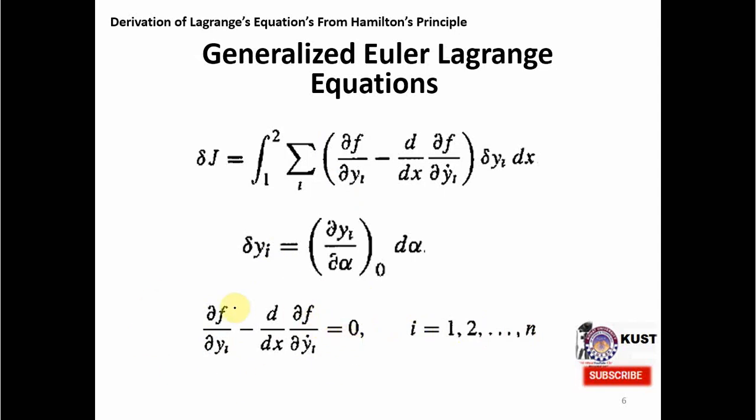Previously we had only one equation, for only one variable, but now with this straightforward generalization you can see that we have many variables and their derivatives, and there are actually n equations here instead of just one. So in this way we have generalized our procedure of deriving the Lagrange equation from the variational principle.